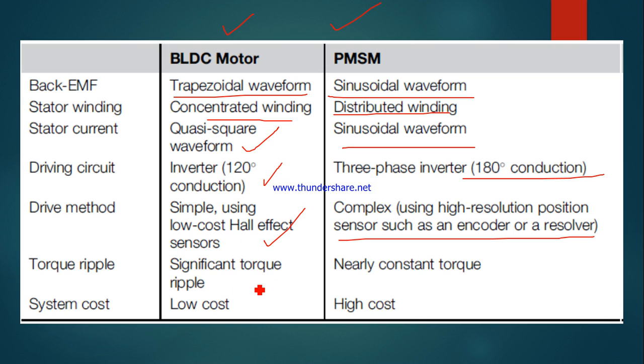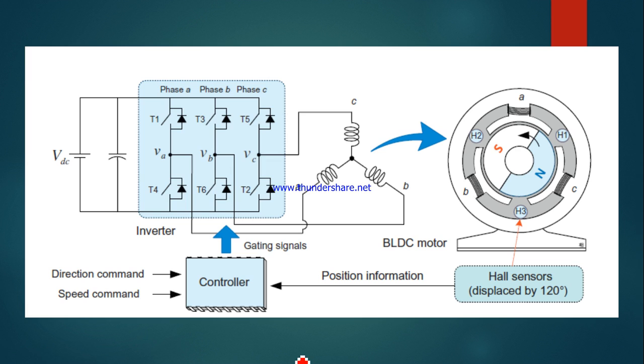In a BLDC machine, as I told, the switching is done at very high speed electrically. That's why it's called electrical commutation. Due to this, the torque contains significant ripple. But in synchronous and induction machines, the torque profile is very good. The entire system for a BLDC machine is very low cost. That's why in hybrid vehicles or electric bikes people use BLDC machines, whereas the permanent magnet synchronous machine involves higher cost.